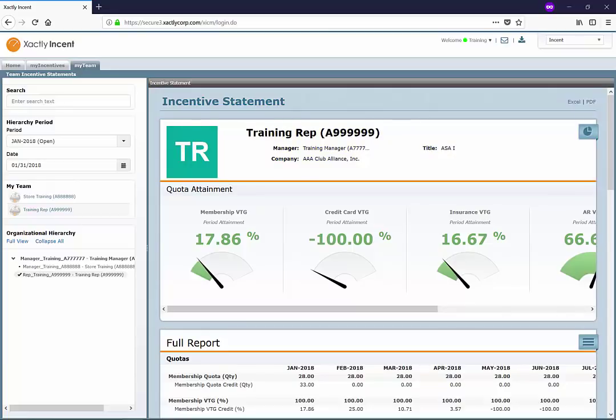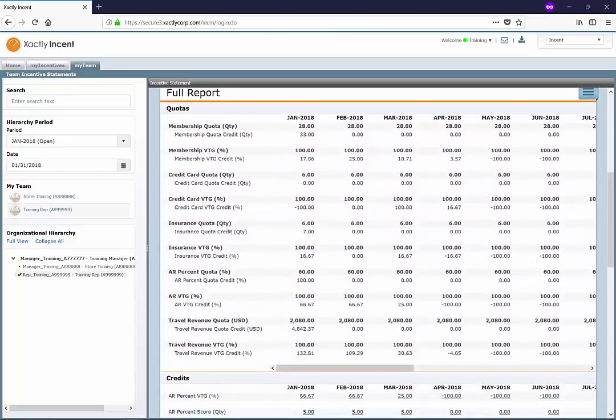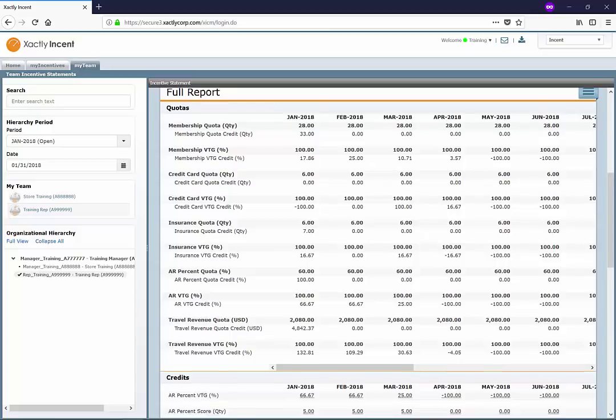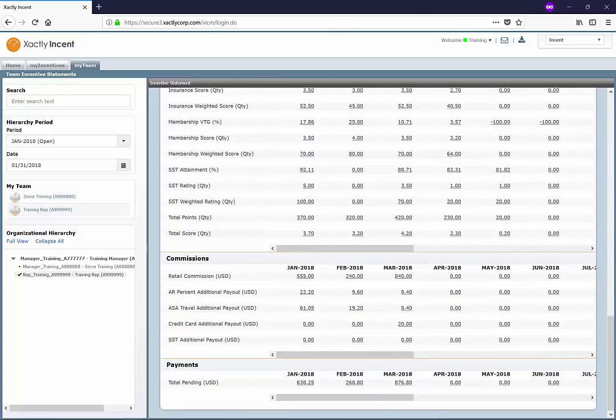Now, the visibility into your team's incentive statements can be really handy if you need to have a one-on-one or a coaching session with one of your associates. Up until this point, the store manager needed to give the associate this information, but now each of you will use your own login credentials and have access to the same incentive statement in real time. There's no longer a need to wait. You can scroll down and view the full report together, including quotas or goals, credits or actuals, commissions or payouts,